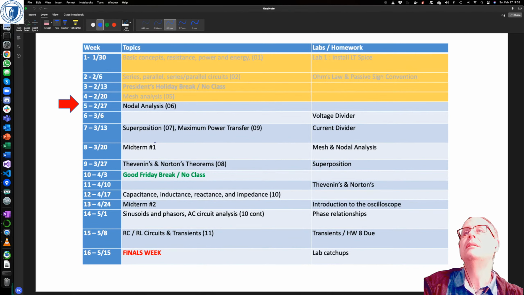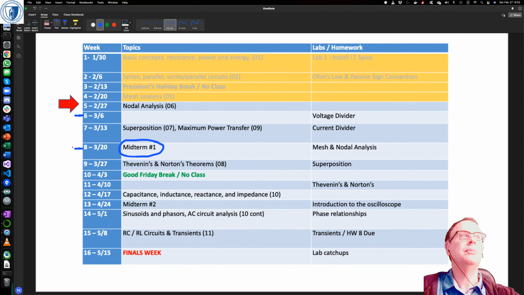here is where I was planning to do midterm 1. So what I try to do is give you 2 weeks notice about what's on the midterm. So next week I will talk about